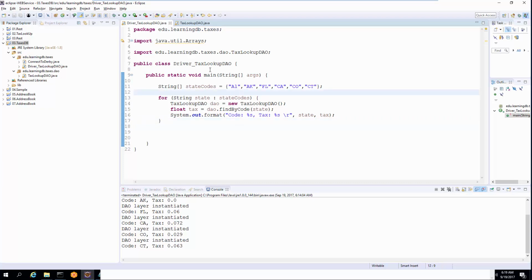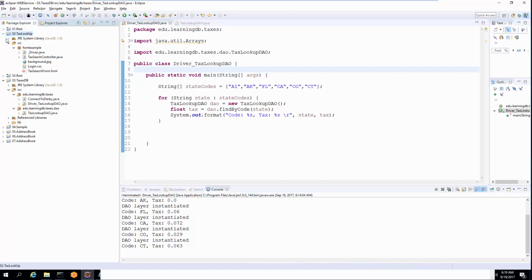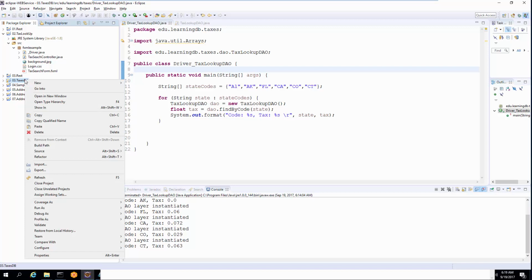The next step now is to take this actual project and use it with the tax lookup project that I have here, so we can make them work together. Now, I don't want to rewrite this code over and copy it. Some of you might attempt to do that and just do exactly what we did in the previous project. Instead, I want you to right-click here,